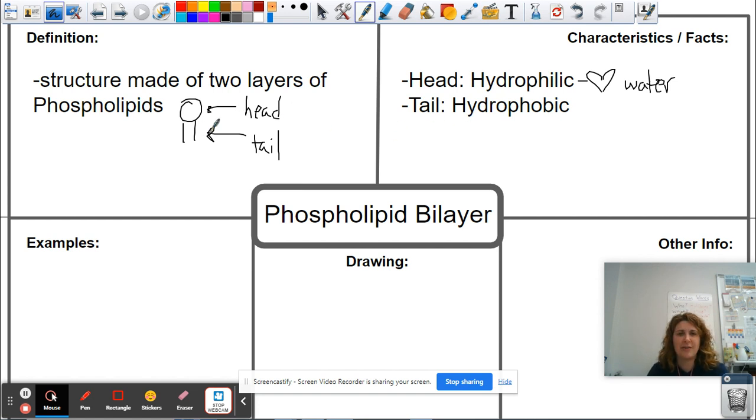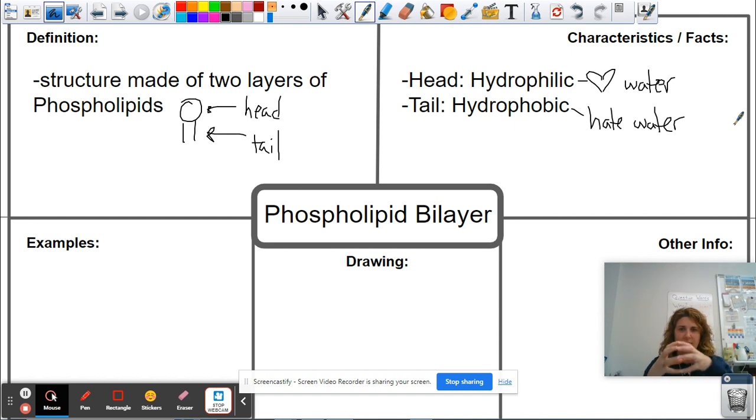The tails down here, those are hydrophobic. You've probably heard the word phobia before. They hate water. So I bet you could think of things that are hydrophobic, things that won't mix with water. Think back to our lava lamps we made at the start of the year, right? That oil did not mix with water. It stayed separate. So because our cell membrane, because our phospholipid bilayer has this outer side, it could float in